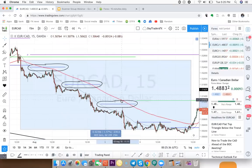And again, I have these statistics that tell me how often it should touch the moving average. And on top of that, I now have multiple consecutive missed daily pivot points. So that's telling me, all right, if I'm a trend trader, I'm definitely starting to close this puppy up to take some profit. This is a trade we took in the group, by the way. And those of you that were in the group when we took this trade, you'll remember it because it was a great trade. So we took this trade,